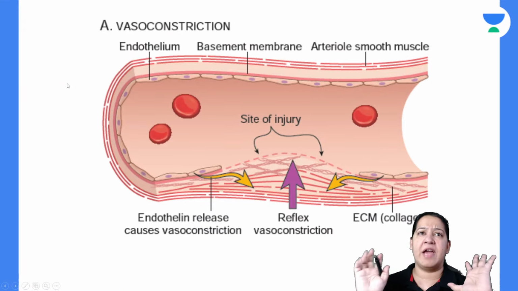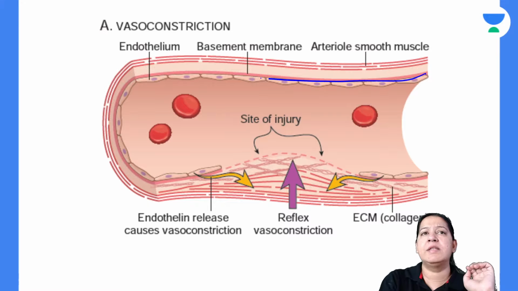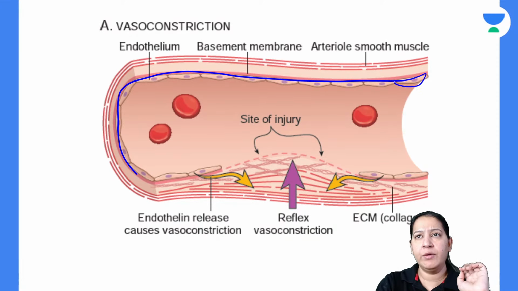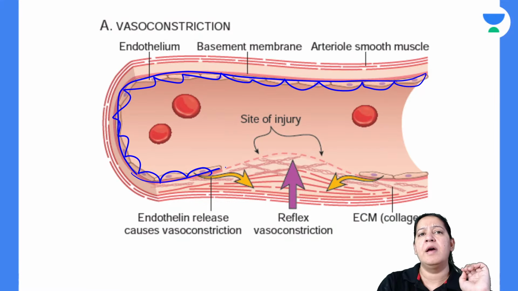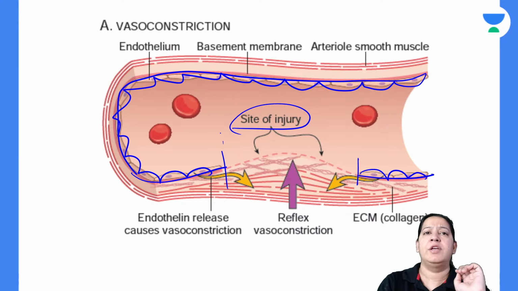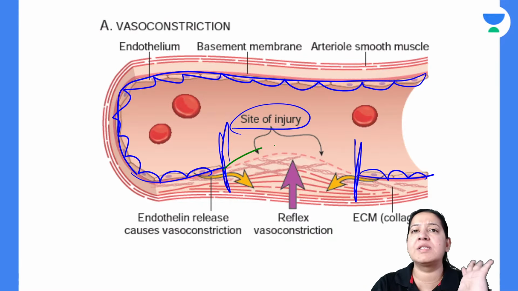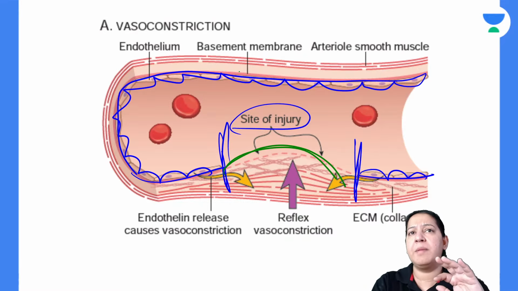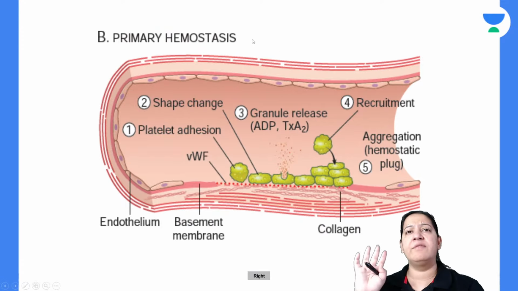Can you see the same diagram which I have drawn for you is given in the book like this? These diagrams are from Robbins. You can see the endothelial lining is continuous everywhere, and here it is discontinuous. This is the site of the injury, and at the site of the injury, you can see the blood vessel is vasoconstricting. So the first step is vasoconstriction, which is transient. We are done with the first step.